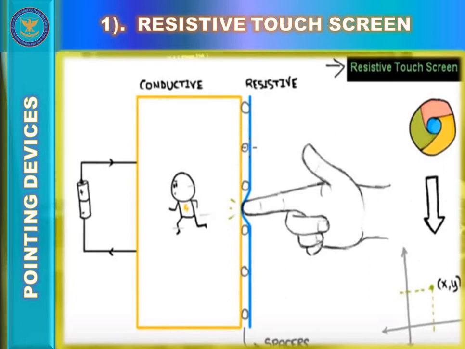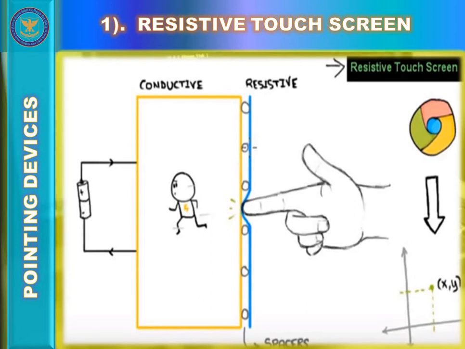The first type of touch screen I'm talking about, the technology being used in this type of touch screen, is resistive. Basically, a resistive touch screen has a thin metallic layer below it that is conductive as well as resistive, so touching results in a change in the electric current sent to the controller of that touch screen.